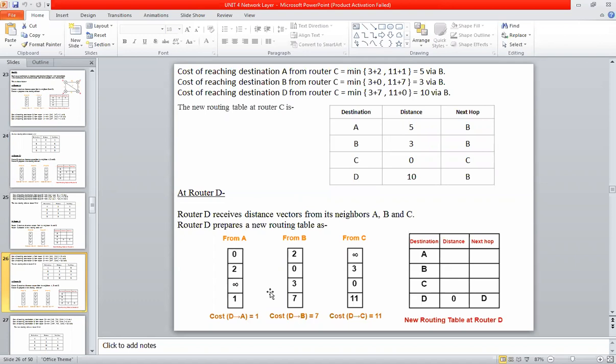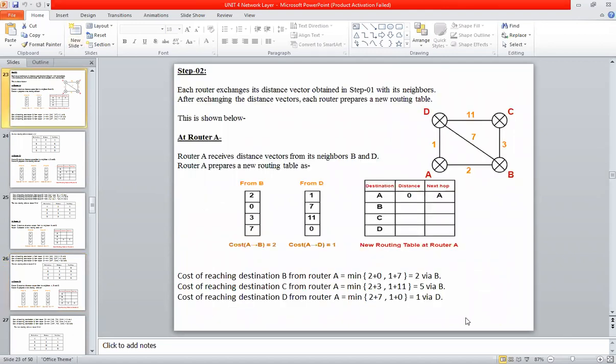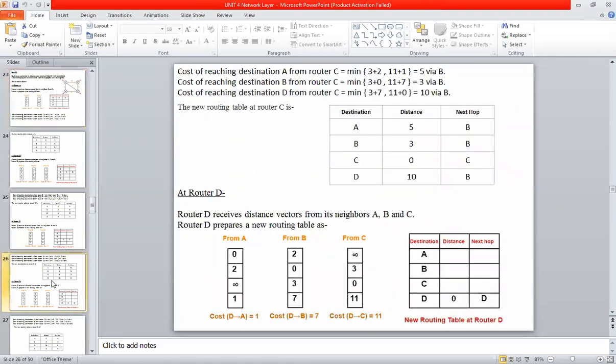Router D, from A to D, from B to D, from C to D. A to D, B to D, and C to D. This one is A, this one is B, this one is C, this one is D. So while considering this, for from A, from B, from C, you have to consider